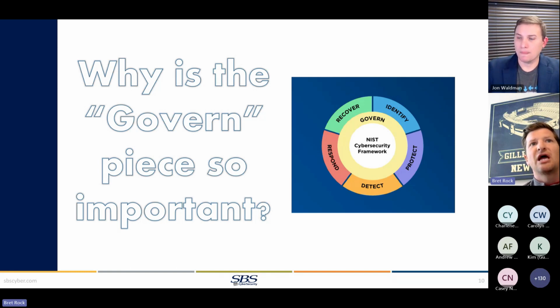But obviously they introduced governance, or govern, as one of the key functions of the framework. So maybe start off with a quick idea of what each of those pieces on the wheel are, and then what the govern piece is. I'll turn it over to you there. Yeah, absolutely. So you're 1,000% right. And the govern function, which is far and away the most impactful, important, and biggest change to NIST CSF from version 1.1,